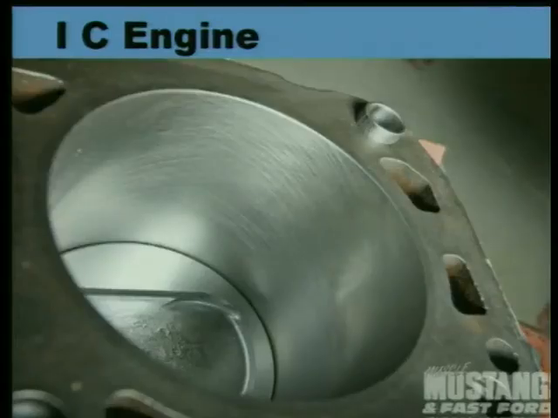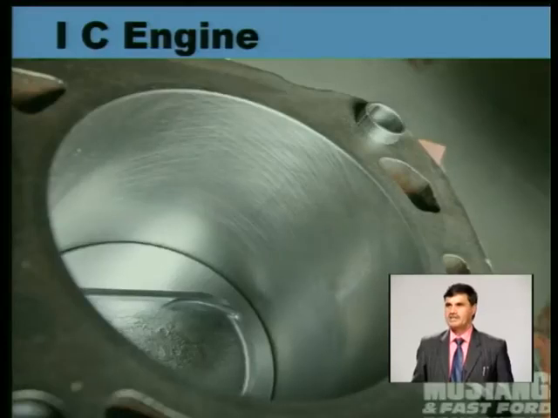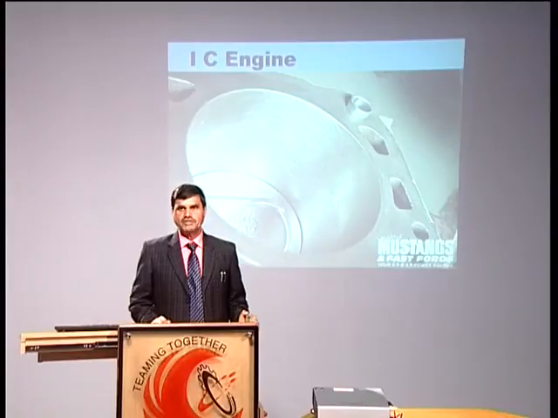In this view you see the cylinder and piston. The cylinder is the outer one, and inside that the piston is visible. They have very smooth surfaces so that friction should be minimum when the piston is reciprocating inside the cylinder. The holes which are visible are basically water jackets, carrying the cooling water.